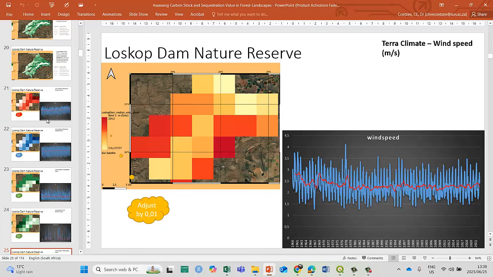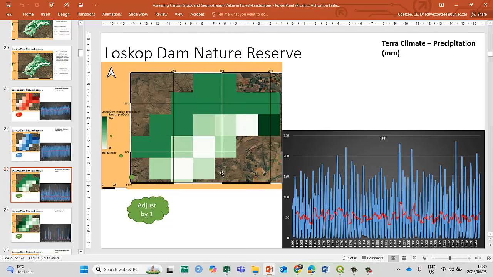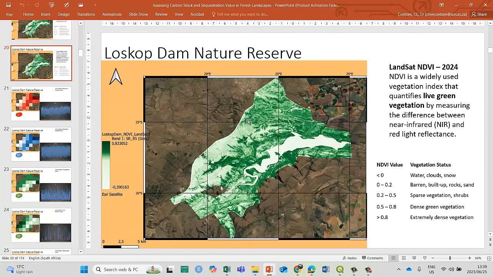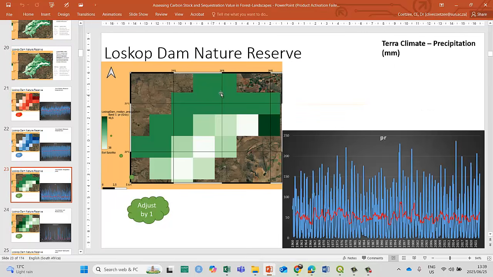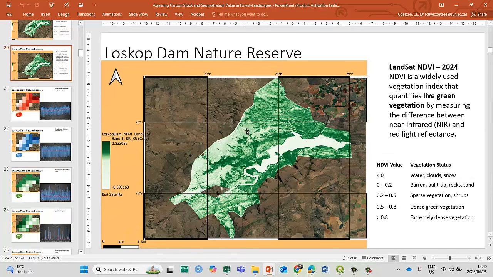Anyway, that gives us a good indication, and obviously where it's the wettest should also be where the NDVI is the highest, which is these areas here. You can see the median precipitation, although it's exactly the same, I mean, 38 to 40 millimeters. That's why I say it's basically homogeneous. So it's not the only thing that affects the NDVI, because height and mountains and type of soils and all these things do too, but it does give an indication.